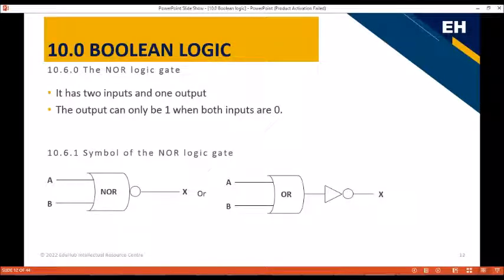So in other words, while the OR gate has its output as 0 when both inputs are 0, the NOR gate has its output as 1 when both inputs are 0. The rest of its output becomes